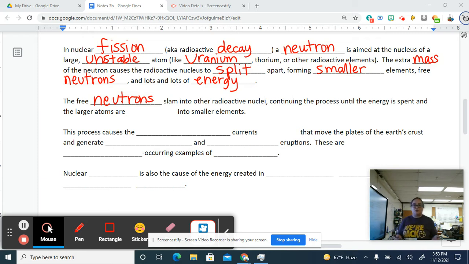It's kind of like a chemical reaction. The chemical reaction is going to keep happening until all of the reactants are used up. Same thing here. A nuclear reaction is going to keep going until all of the unstable nuclei are split. Until all of the energy is spent and the larger atoms are split into smaller elements. This process causes